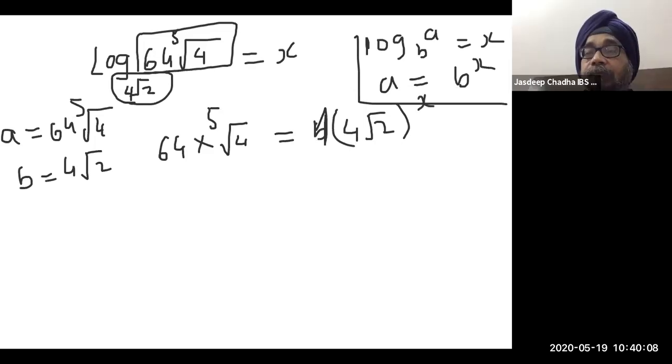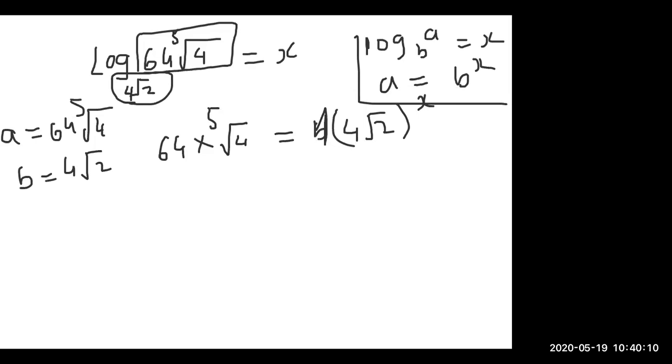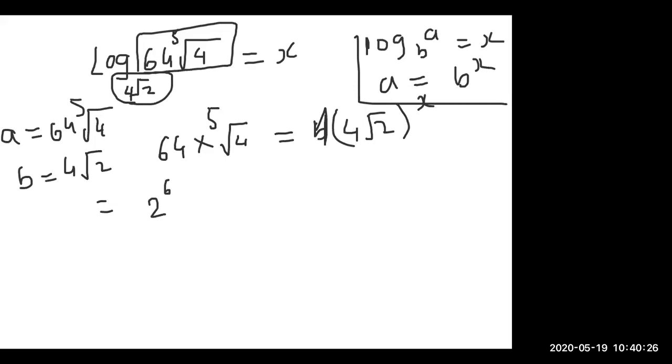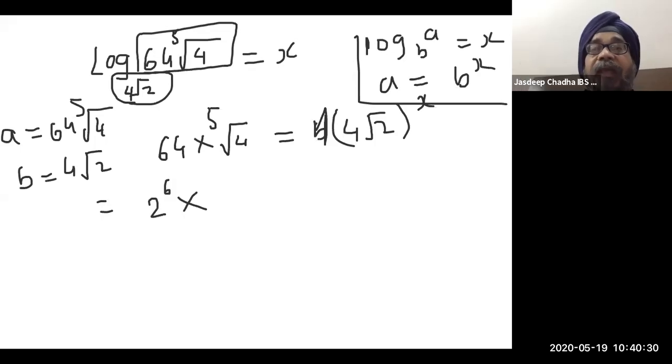Clear? Okay. Now, let us simplify it. Let us now try to put everything in the power of 2. Now, 64 is what? 2 to the power 6, no? 64 is 2 to the power 6 or not? Yes, sir. Multiply by 4, which will become 2 square. Now 2 square raised to the power, when the 5 is outside the root sign, the power is what, 1 by 5 or not?